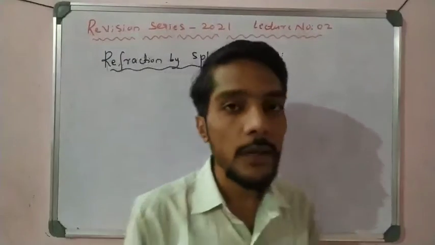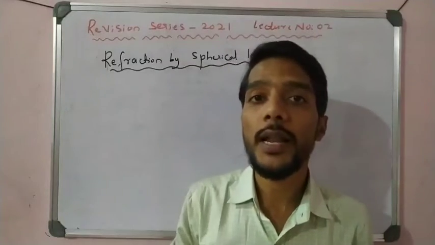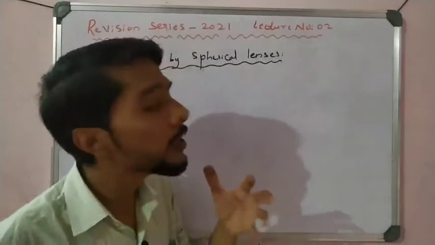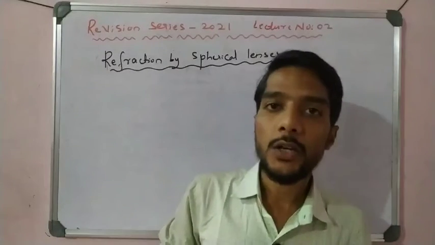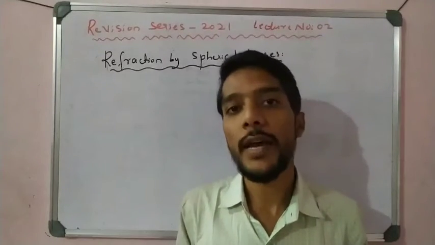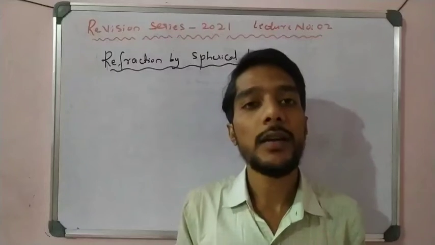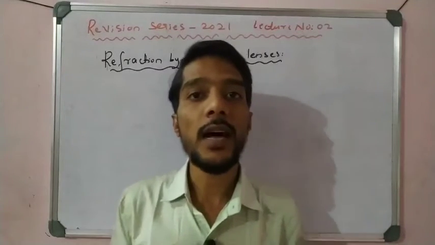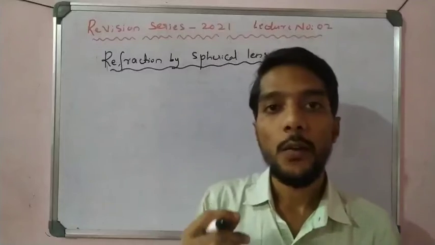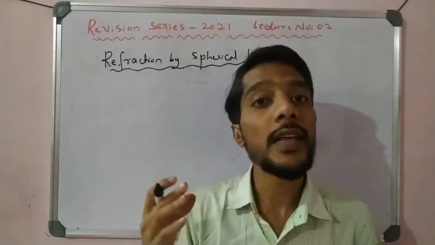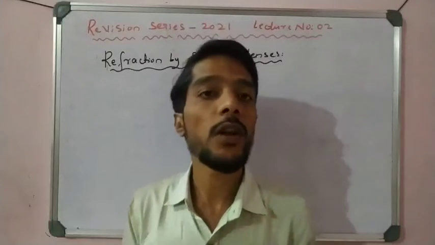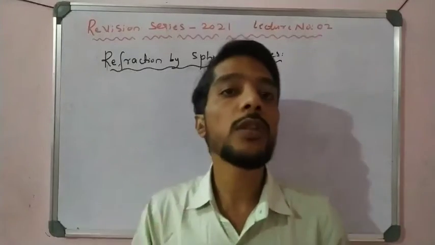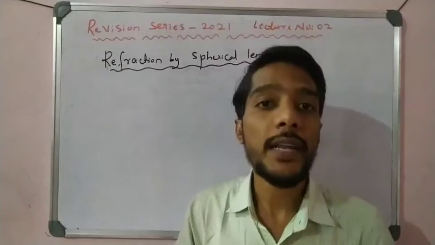We have to know and revise the definition of a spherical lens here. We know the spherical shape, in the form of a sphere. So we study the refraction of light here. In lenses, the surfaces are refracting surfaces. One is a reflecting surface, which we study in mirrors. But due to the reduced syllabus, we do not take mirrors here. We only focus on lenses. But when we come to lenses, the lens has refracting surfaces.